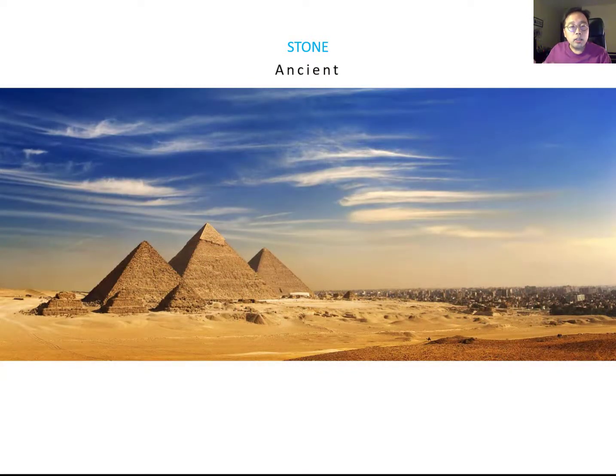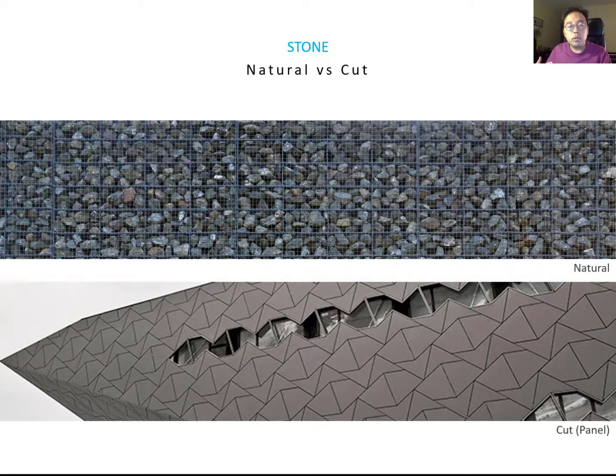Why was stone so popular in the historical age? So this is a pyramid. It is the most famous and ancient stone architecture project. Egyptians used stone to build the pyramid because of its stability, longevity, and luxury. So these three characteristics are the main reasons why historical architecture used stone a lot. And that is why monumental buildings use stone. But nowadays we have a lot of different options. We can use the stone differently depending on the